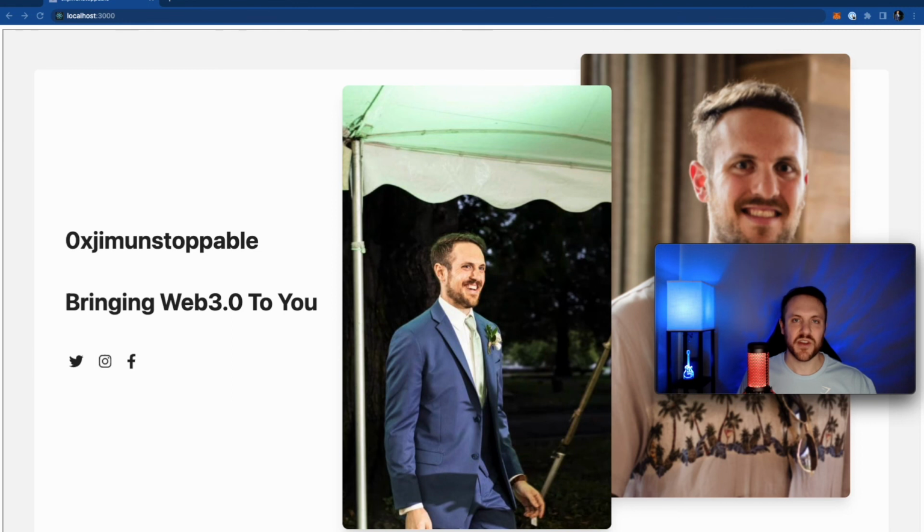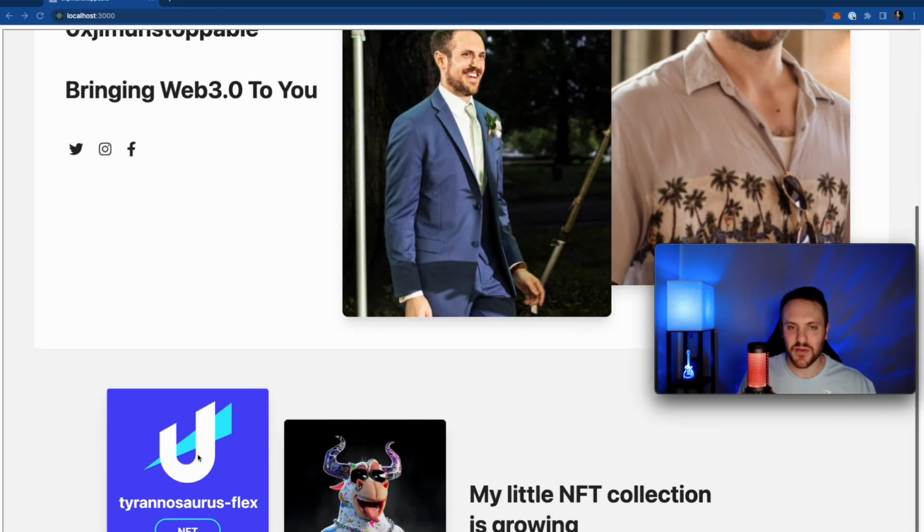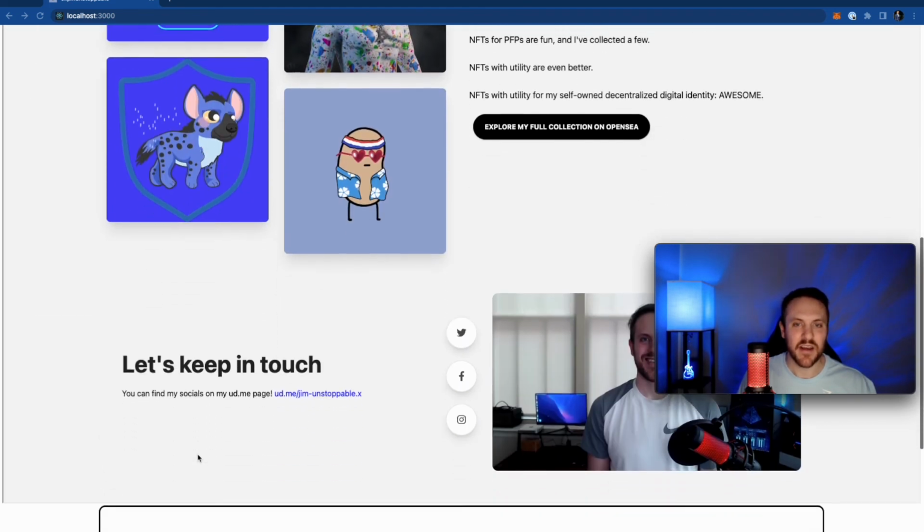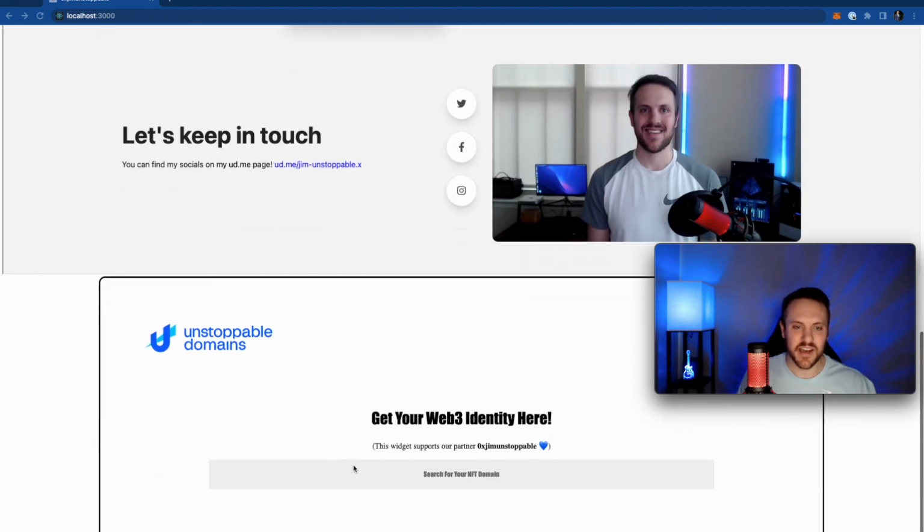Give your users multiple checkout options. Again, in our Partner API, we have many different ways that users can purchase NFT domains, and you should, in your integration, as a best practice, give them as many options as you can. So again, let's look at this example. I'm an NFT domain site. I have a lot of content, and here I have a widget where I'm enabling users to purchase NFT domains